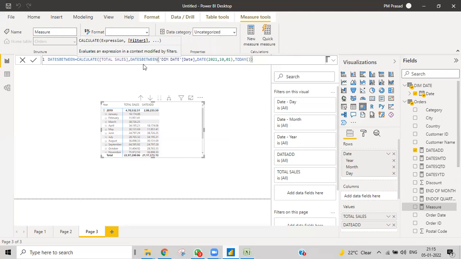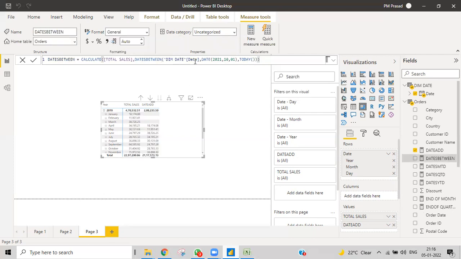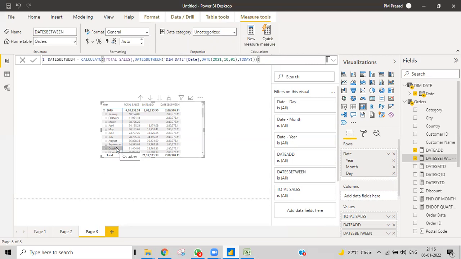So here what I have given means we'll get the sales between these two dates only. Got the point? Whatever the things, we'll get the DATESBETWEEN measure, right? I didn't get you. Are you using it with measures? We use this, no? You can see whatever the current context is, it doesn't bind. It will give the output like this.